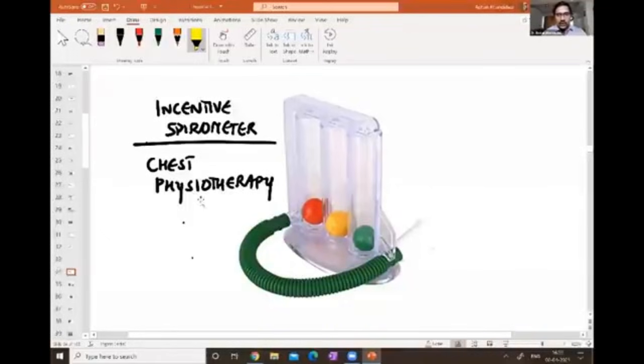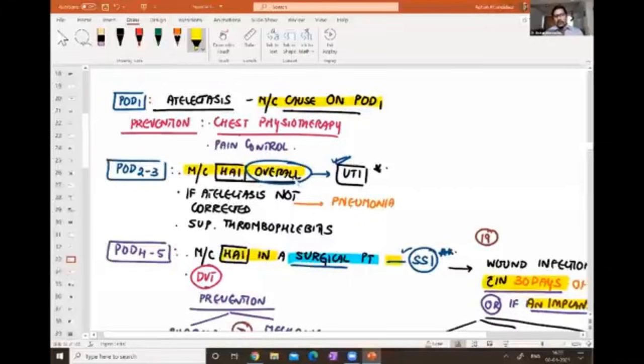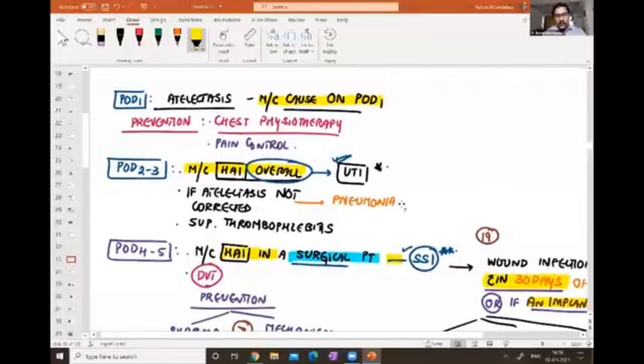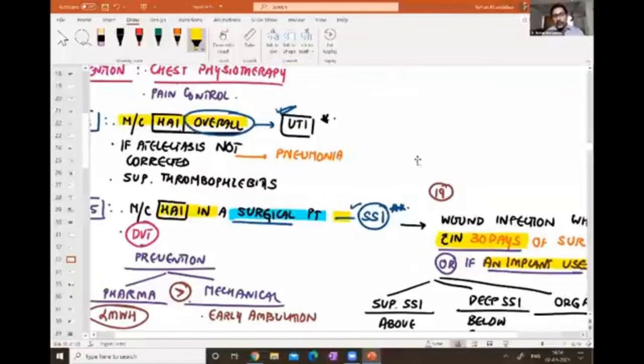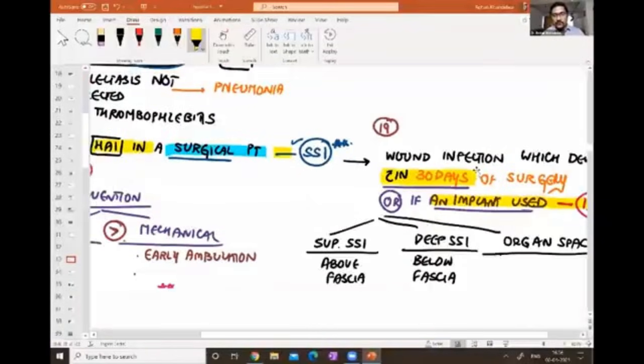Postoperative day 2 or 3, the most common cause of hospital-acquired infection is urinary tract infection. You can develop pneumonia, superficial thrombophlebitis, the image I've already shown to you. Day 4, day 5, patient can develop SSI. SSI is surgical site infection. The definition of surgical site infection has also been asked. It is wound infection which develops within 30 days of surgery,